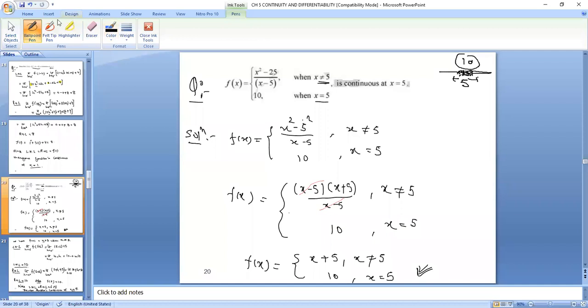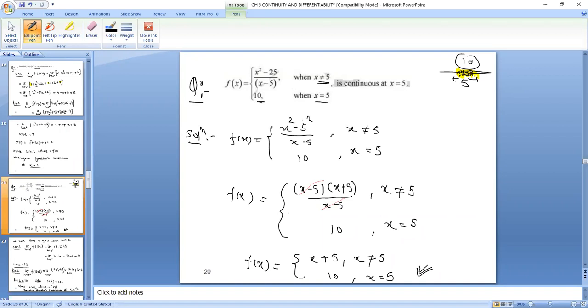The function will be continuous if the left hand limit is equal to the right hand limit and it is equal to the value of the function. If these three values coincide, then we will say the function is continuous. So for that we will be calculating the left hand limit, right hand limit, and value of the function, which is already given to us, that f of 5, when x is equal to 5, the value of the function is